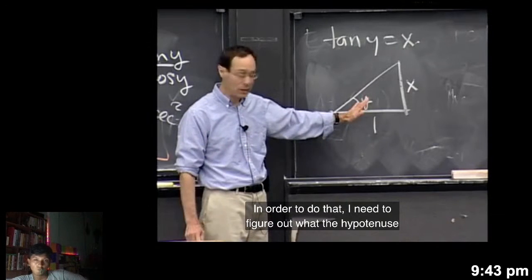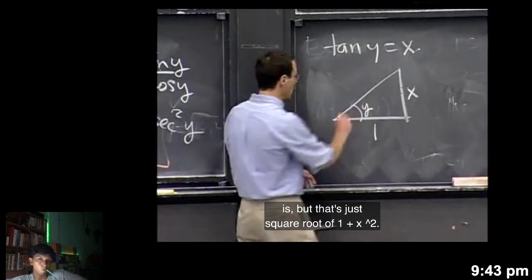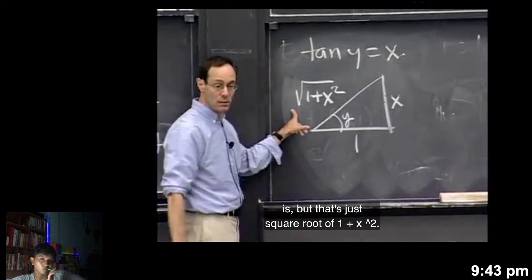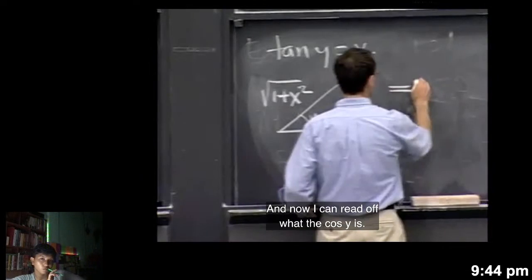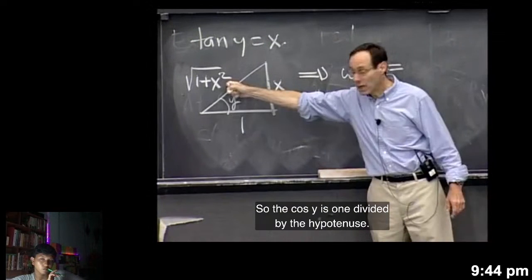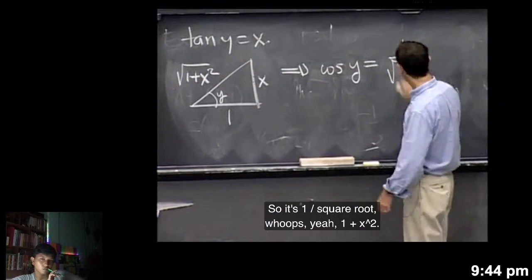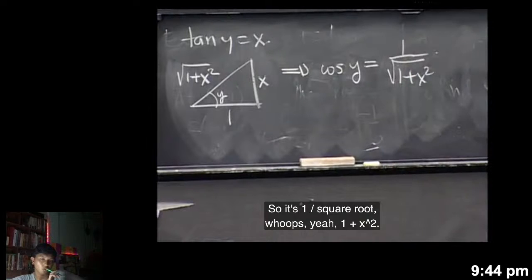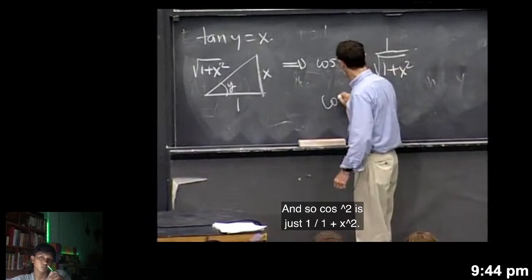But that's just the square root of 1 plus x squared. And now I can read off what the cosine of y is. So the cosine of y is 1 divided by the hypotenuse. So it's 1 over the square root of 1 plus x squared. Okay? And so cosine squared is just 1 over 1 plus x squared. And so our answer over here, the preferred answer,